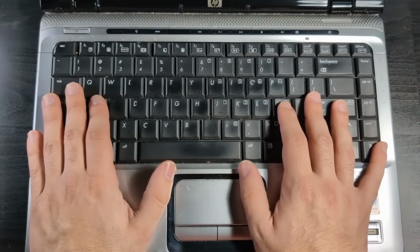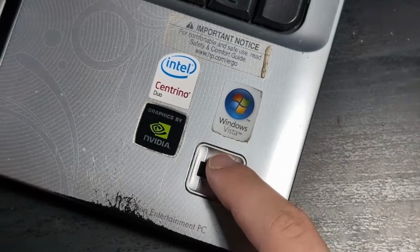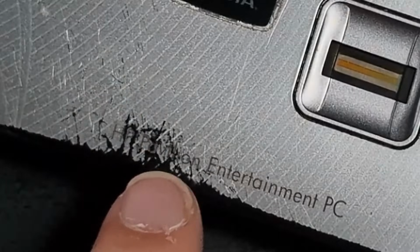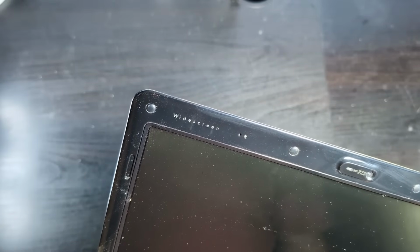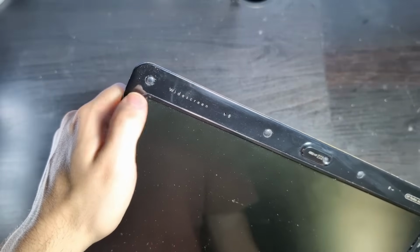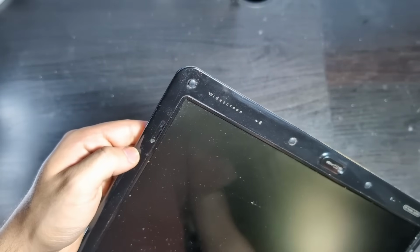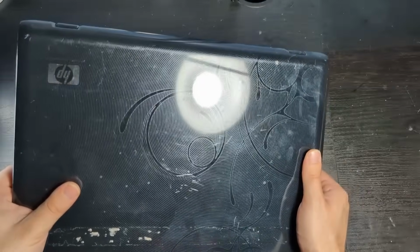a lot of confidence. It's powered by an Intel Centrino and runs Windows Vista, everyone's favorite operating system. HP Pavilion Entertainment PC. You know what time period this thing's from when it has to flaunt that it's a widescreen. Gotta love just how dirty and grotty this glossy plastic gets. It just collects all the dust and crap. I mean, you gotta love these swirly patterns on the top. It shows a little bit of effort that they put in from